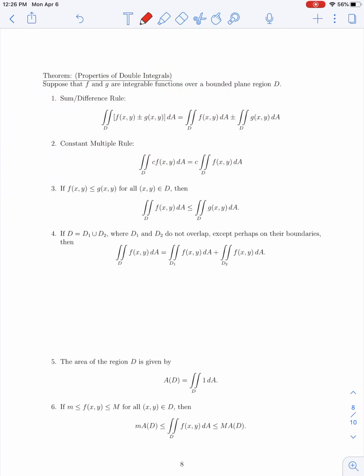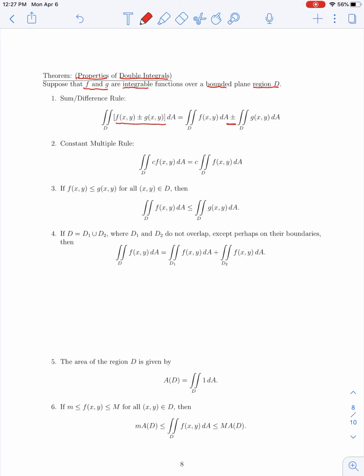So this next theorem will describe some properties of double integrals, which we'll make use of throughout the remainder of the course. So in this theorem, we will consider two functions f and g, which are integrable functions over a bounded plane region D. So the first property is called the sum or difference rule, which says that the double integral of a sum or difference of two functions, f and g, over a region D is the same as the sum or difference of the double integrals of f and g